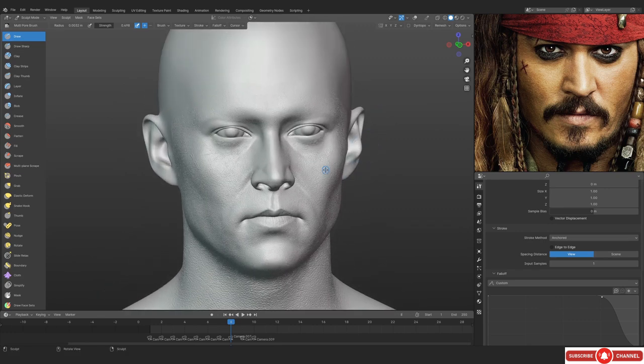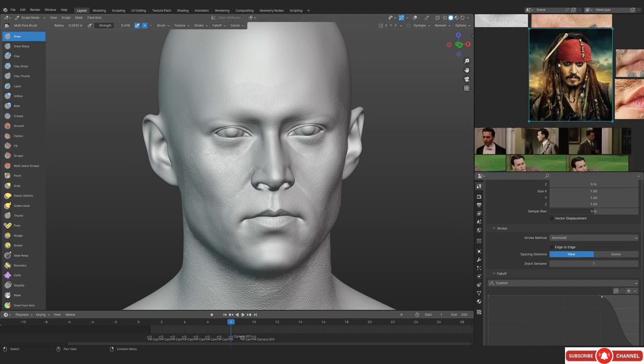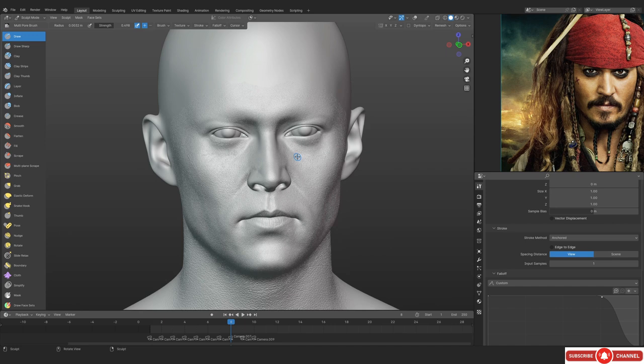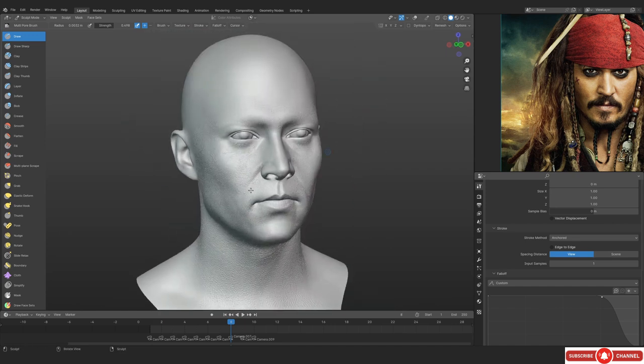So this is what we have, Johnny Depp. Obviously, it's in orthographic view, so we don't have that perspective distortion, but this is the face, right? In the next video, which is going to be the time lapse, we are going to be completing the skin part, and then we are finally going to be doing, I don't remember what we'll be doing. I think we are going to be doing the base color and stuff. And that's basically it for this video as well.